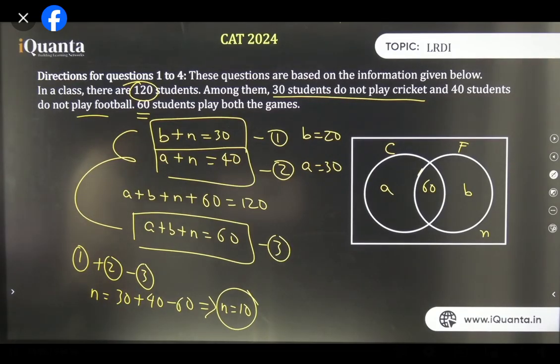Anurag, the chapter today is Venn diagram. So I think we should use Venn diagram. This question is easy. This can be done through common sense. But there are questions which would not be done if we don't use Venn diagrams.